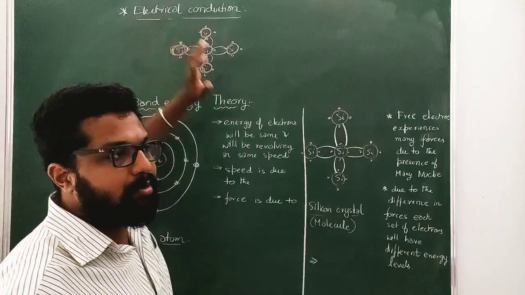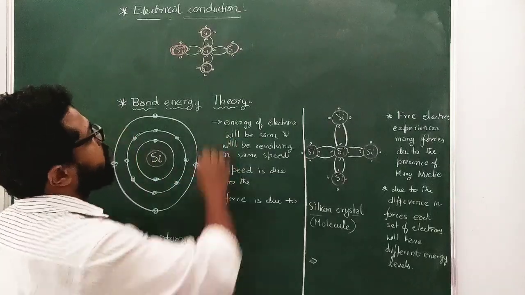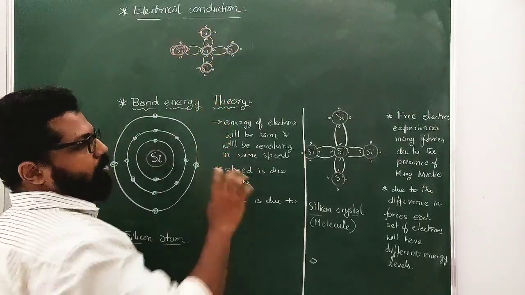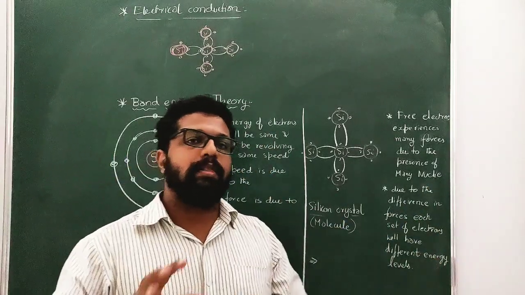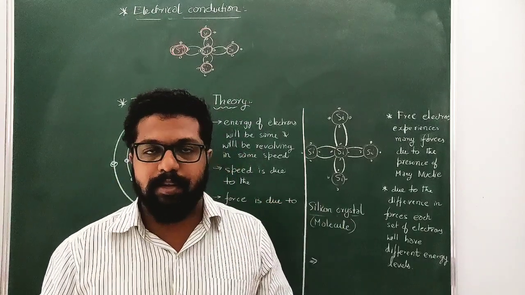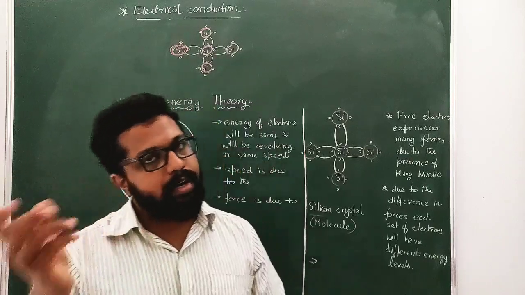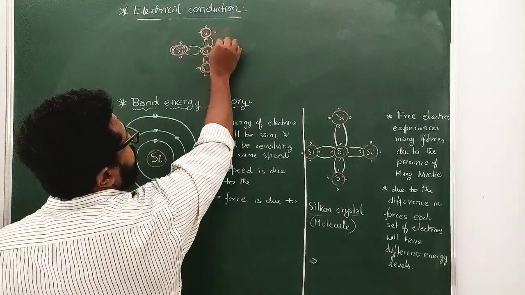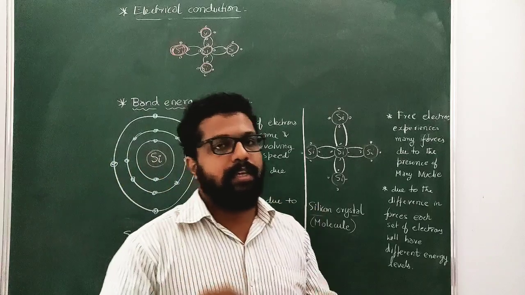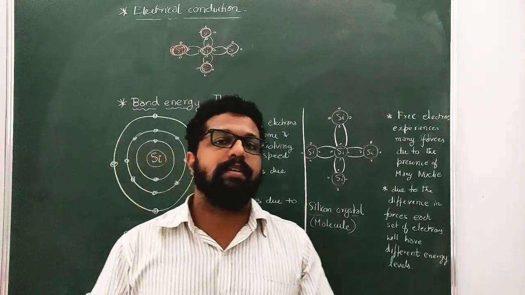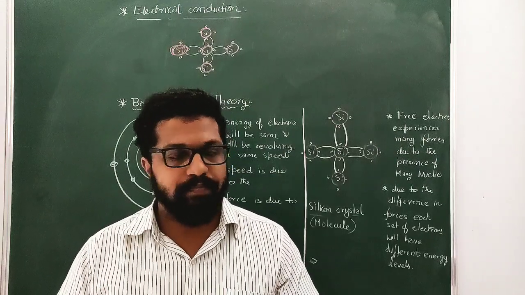I have already told you how it looks at the molecular level. All the silicon nuclei arrange themselves in a diamond pattern, as we have studied, and then they undergo covalent bonding, with sharing of electrons. At 0 Kelvin, a silicon crystal is completely stable, meaning there is no sharing of electrons taking place.